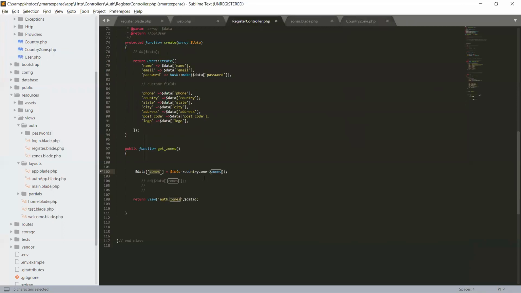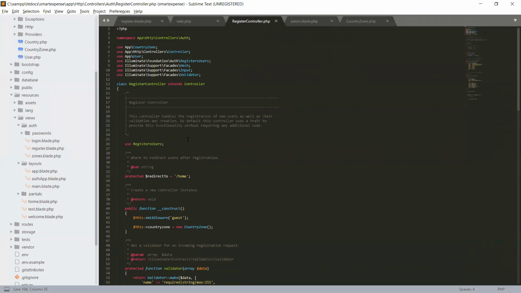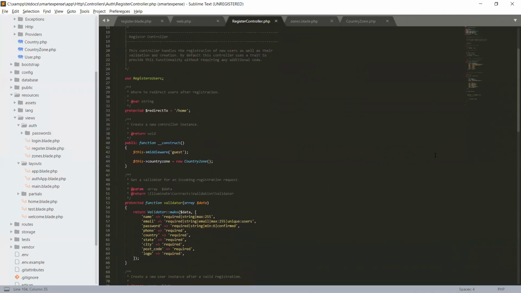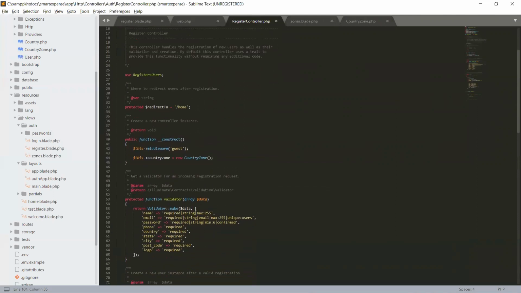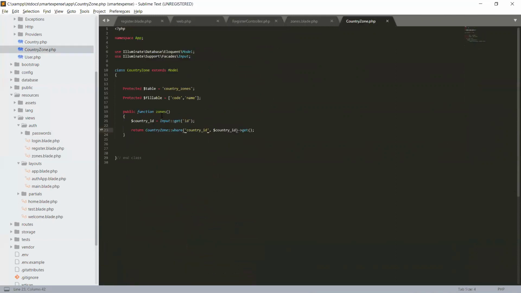Okay, and in the register, when we fetch, we fetch our country zone. Remember that we have the country model in our constructor. So we instantiate it in the constructor as a country zone, and this country zone will use a zones method which is in the country zone, and it will fetch all the data.